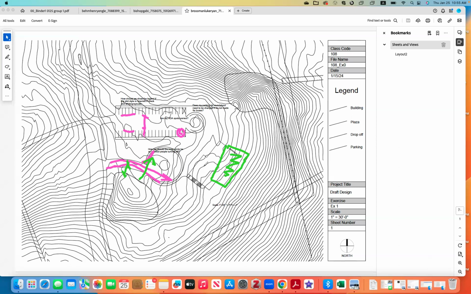So I would recommend, first thing, correct the dimension of your parking stalls and the width of the road. Correct the radius of the turnaround. Move the drop off away from the vegetation, and then, well, the other things, you do not need a walkway